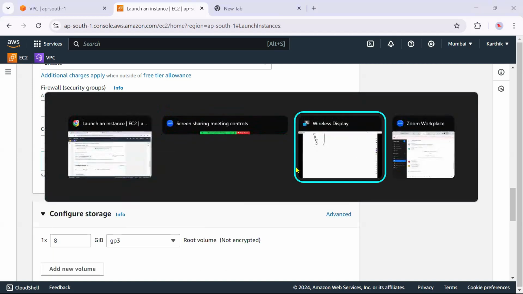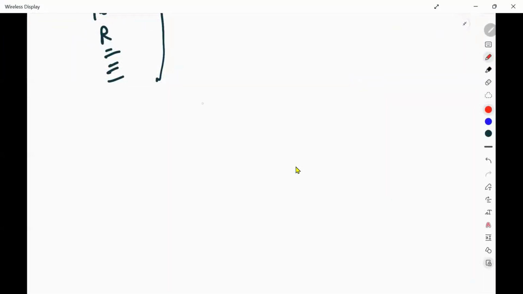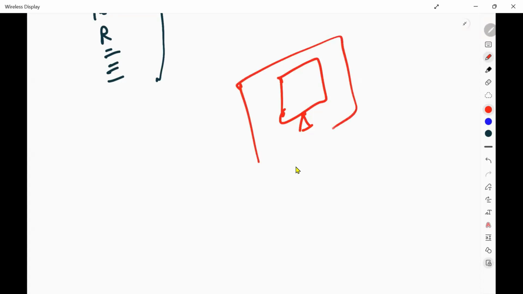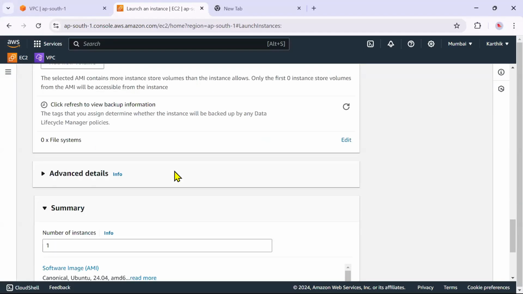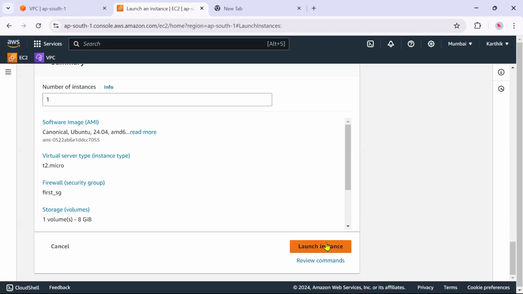What I'm doing is, I have created a security group now, and I'm attaching this security group on top of my EC2 instance. That is what I'm doing. If you don't create a security group, by default AWS creates one security group. If you don't select one, that's fine, but if you want to select, that option is also available. Just select a security group, all remaining things are the same, then launch the EC2 instance.